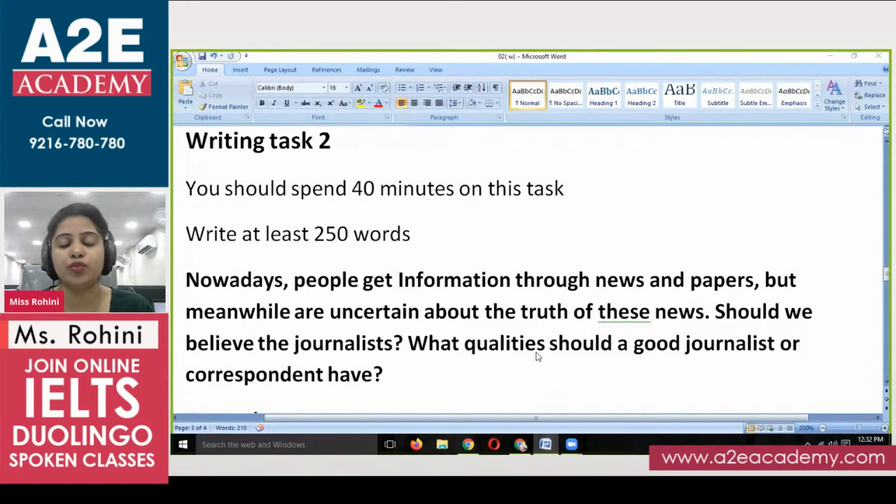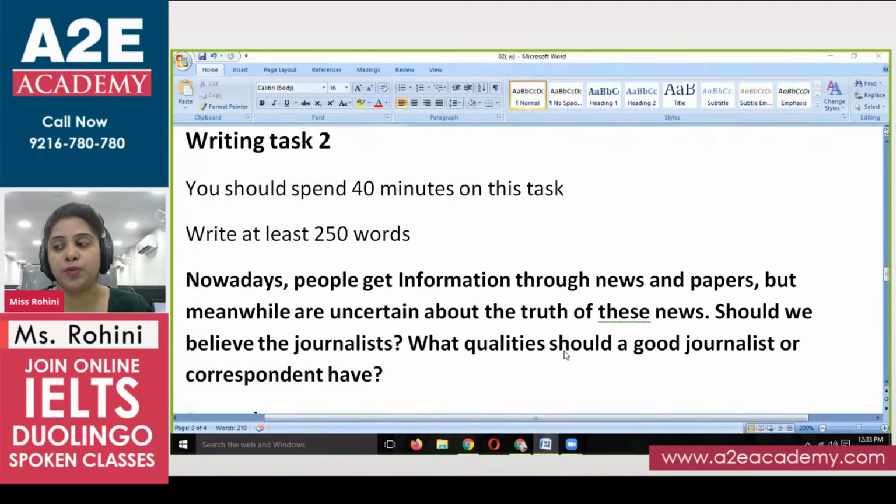Okay, this is another type of spectrum. Previously, we have discussed some of the other types of questions, some of the other types of tasks too, like agree, disagree, to what extent agree, disagree, problem and solutions, discuss both views and give your opinion, and advantages and disadvantages. Today, there is a question pattern. That means there's a mixed pattern. 2 different questions. Okay, that means 2 different paragraphs you have to write, and you have to discuss both these 2 questions